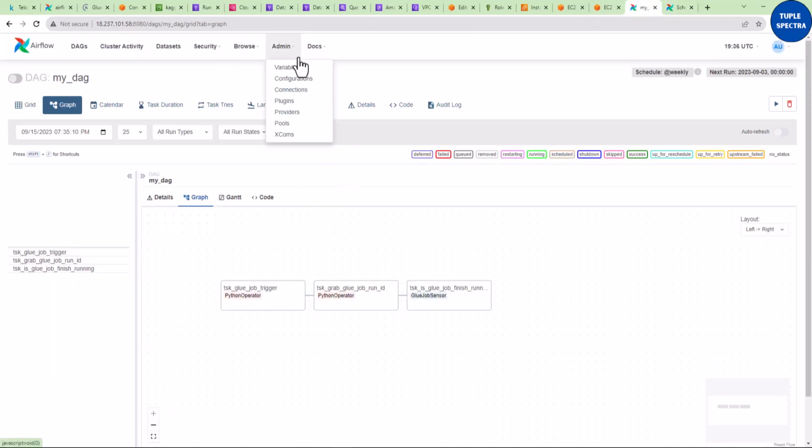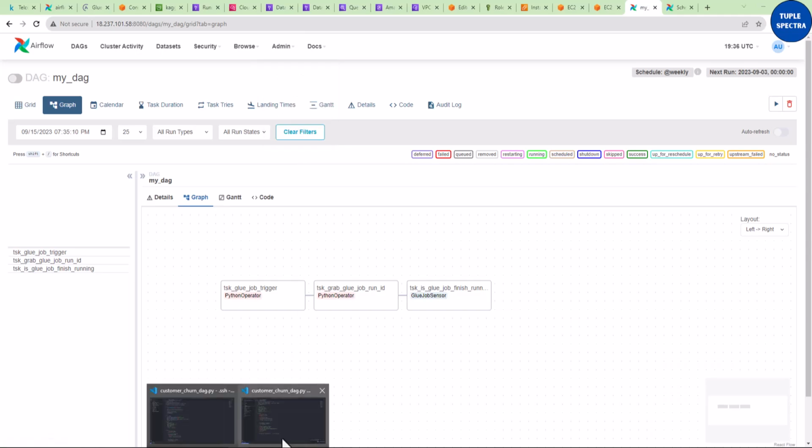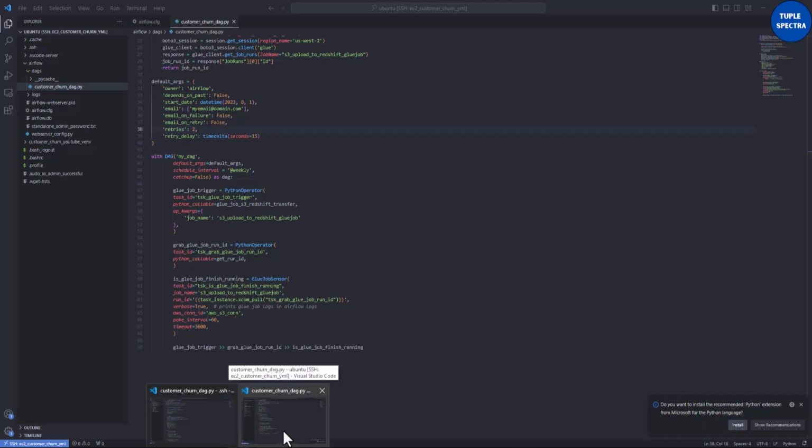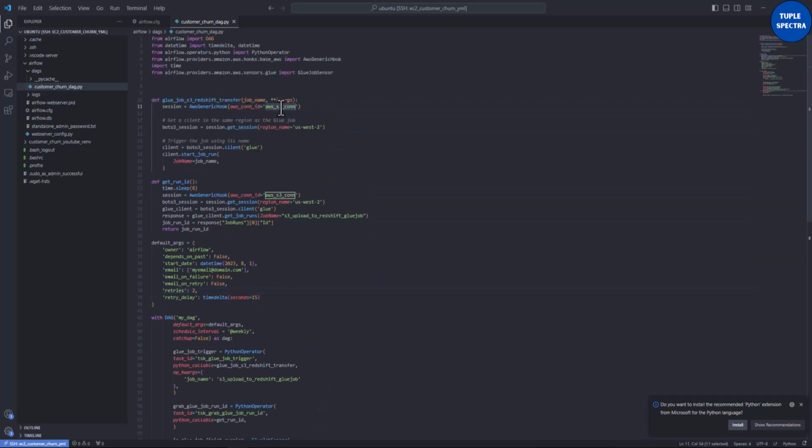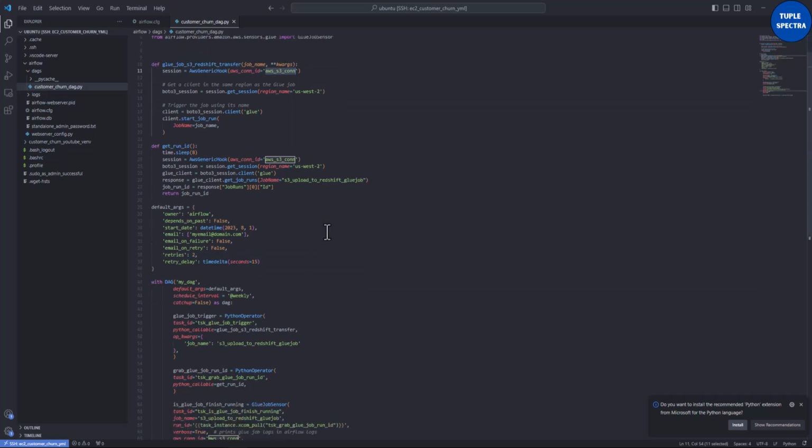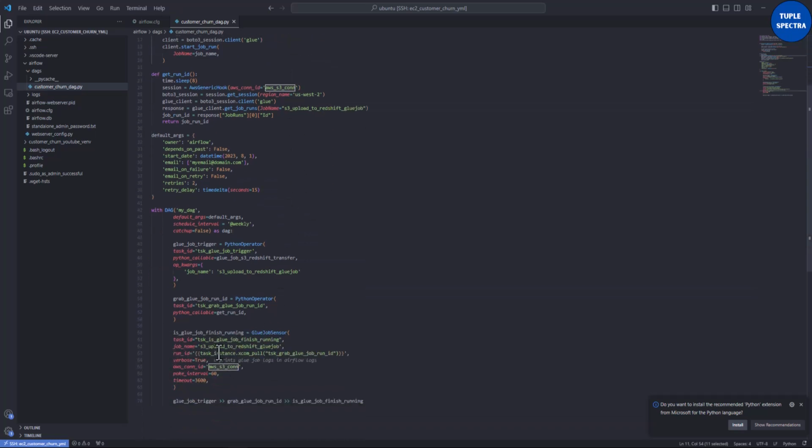We need to set up the connection from our Airflow to our AWS. Remember that we have a connection ID. We call it AWS S3con. I will copy this, and that's the same one I'm using for everything that we are doing right here, all the tasks. You can see that for this first task,